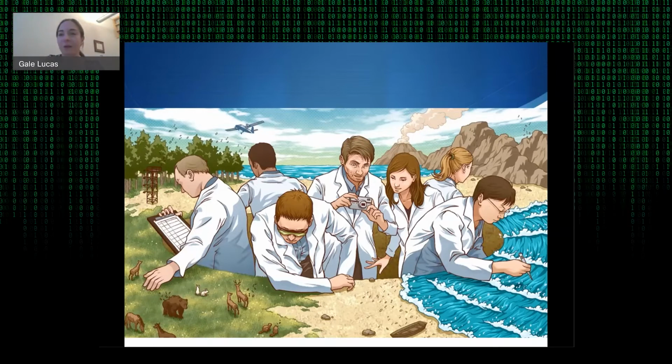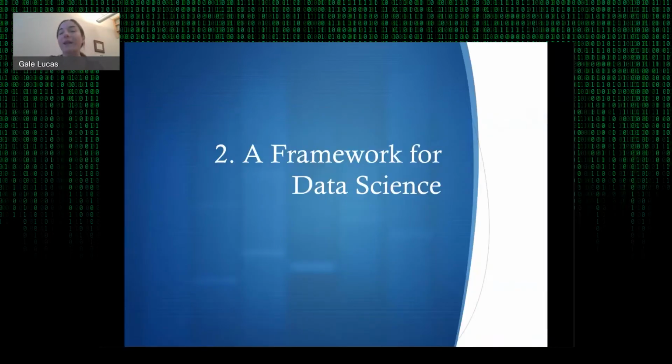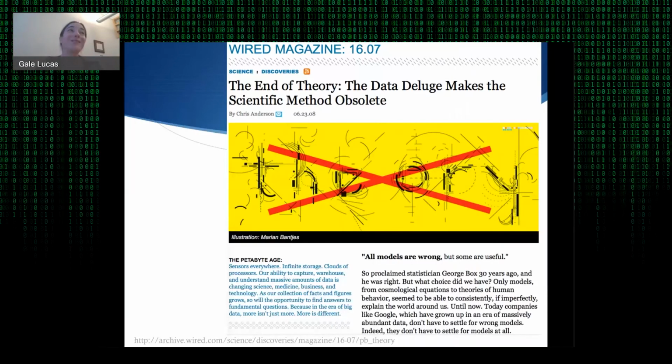So with all this change, there still exist the old approaches and the new approaches. How do we make sense of them all? How do we frame them all? Now I'm going to provide an overview of our framework for data science, which gives you some concepts to be able to understand what these different analytic approaches are doing and why. And so I want to start with